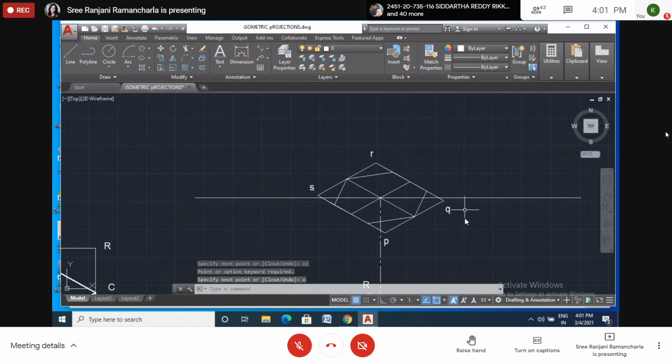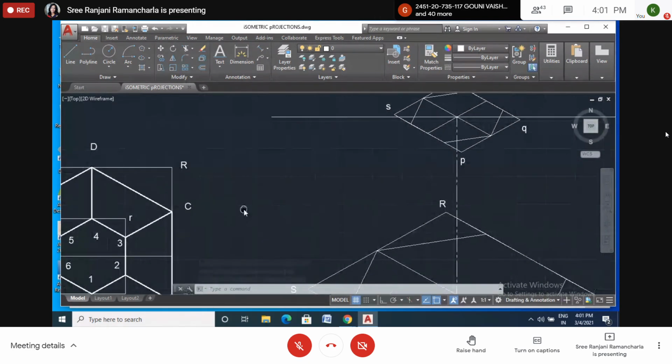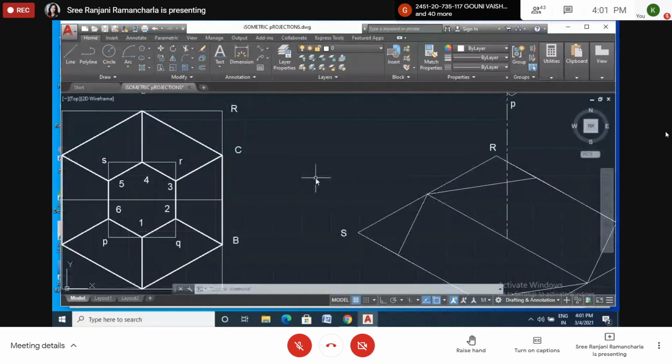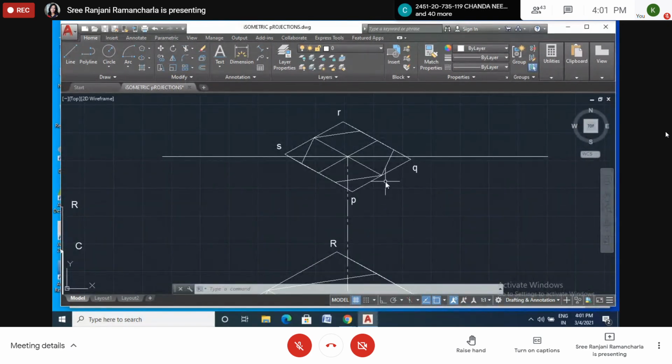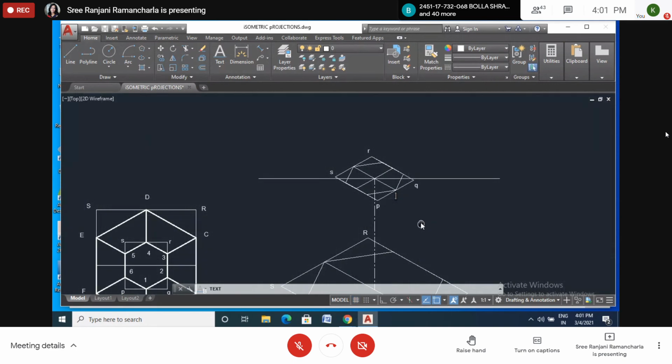So these points are 1, 2, 3, 4. So where is 1? Between PQ. So this is 1. So PQ. Again we'll text. It is better to understand. Enter. What is this point?